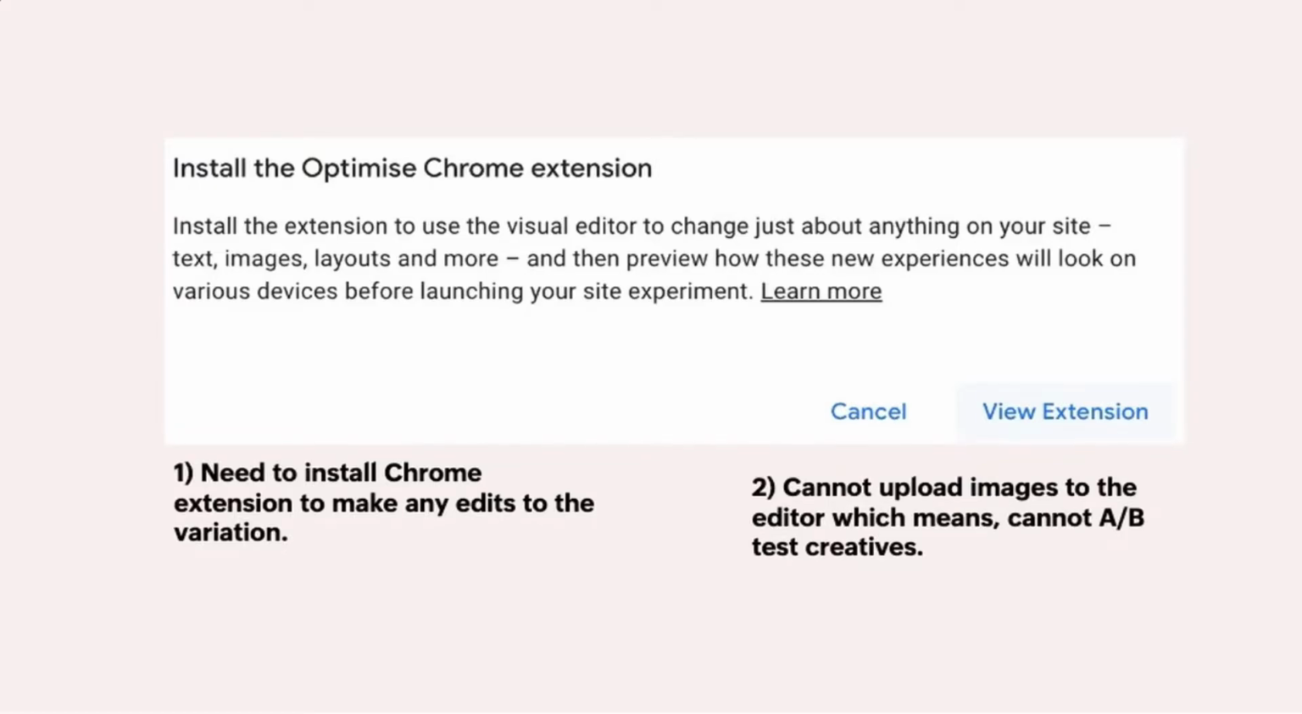And number two is that you cannot upload images to the Optimize editor, which means that you cannot A/B test creatives. This is because Optimize is a free service and it doesn't have the capacity to store large amounts of data. There's also one complicated way to overcome this. If you really want to A/B test creatives, you'll need to use a third-party application or upload the images to your website CMS and then link them to your A/B test. Number three,